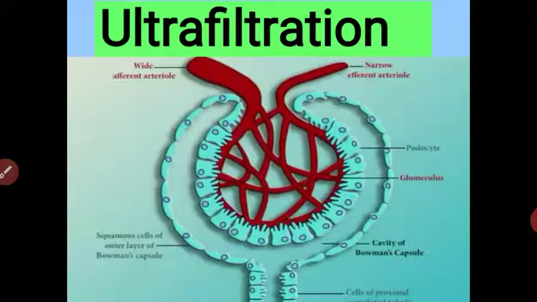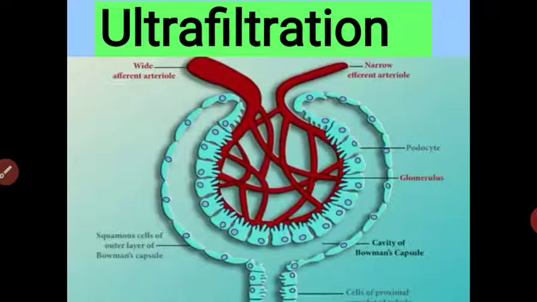When the blood enters, the liquid part present in the blood is filtered. As we already studied in the last lesson, two parts are present in the blood: plasma and cellular. The plasma contains some organic and inorganic substances, glucose molecules, amino acids, and nitrogenous waste, meaning many substances present in the blood. The glomerulus filters the liquid part of the blood.